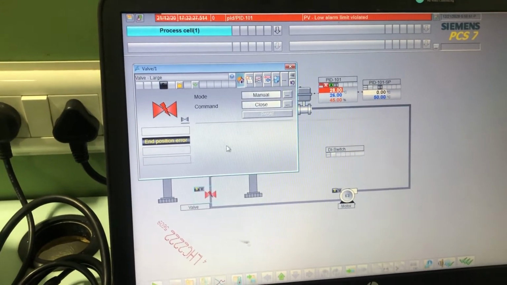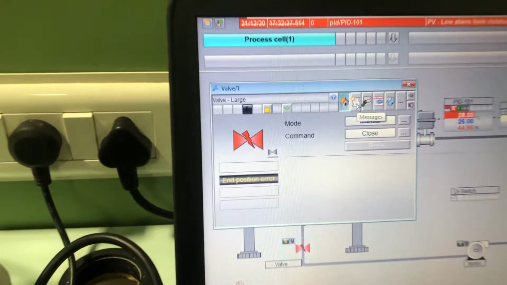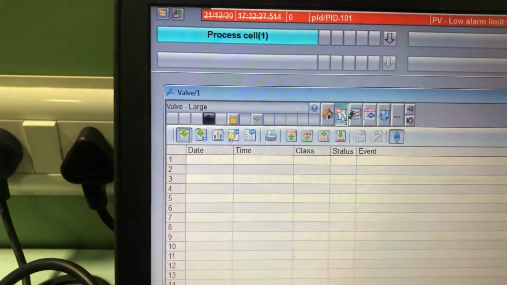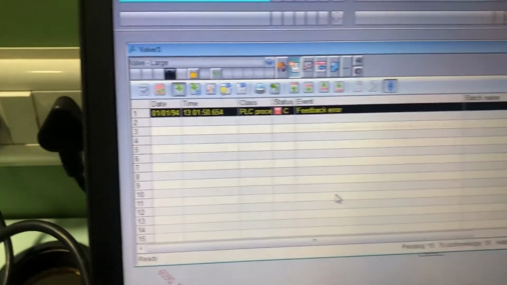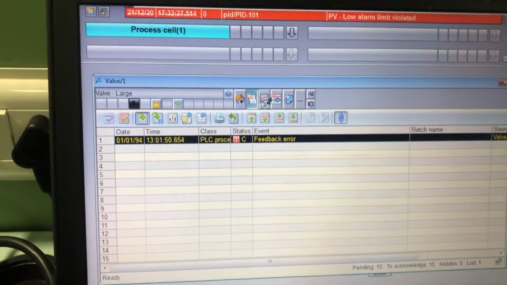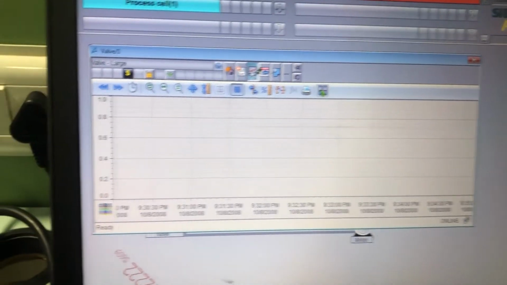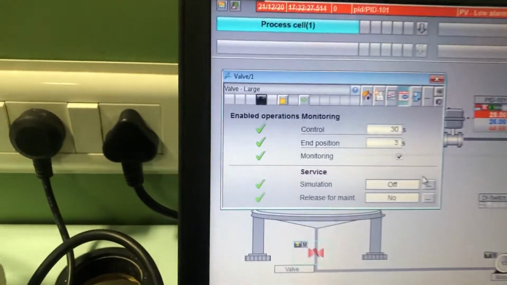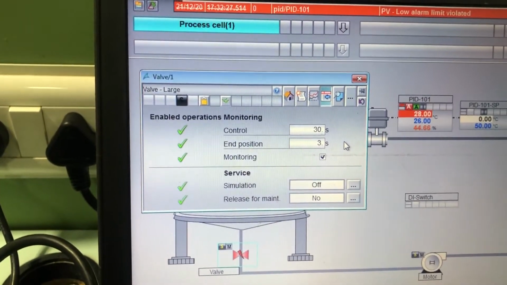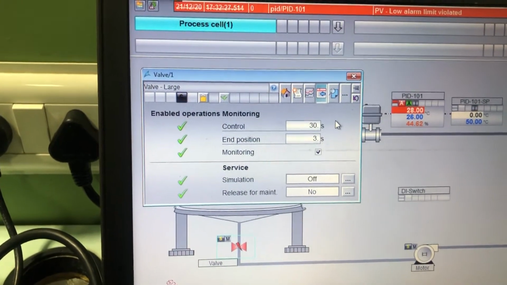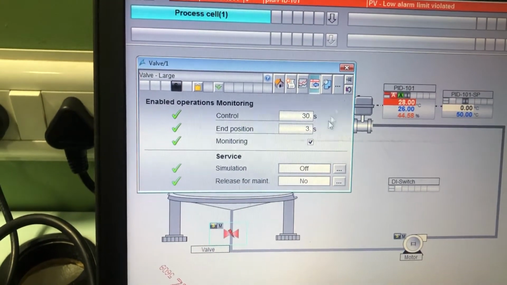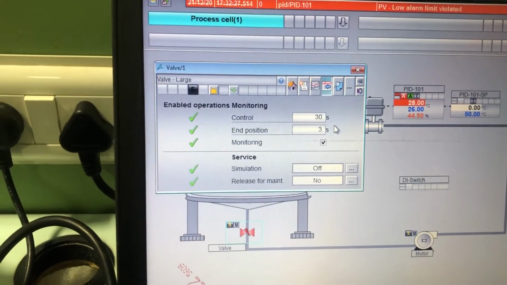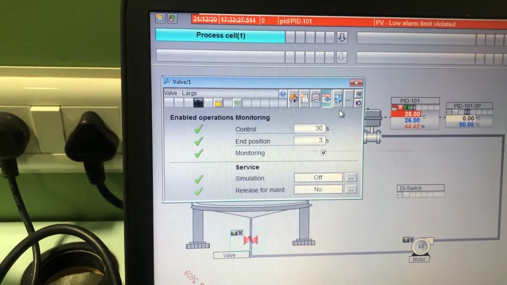If we click on this faceplate, then there would be such kind of faceplate with various functionalities like alarms, then trends. Then there are certain parameters like watchdog timer simulation. So all those parameter settings will be done from here, as well as monitoring, enabling and disabling will be done from here.